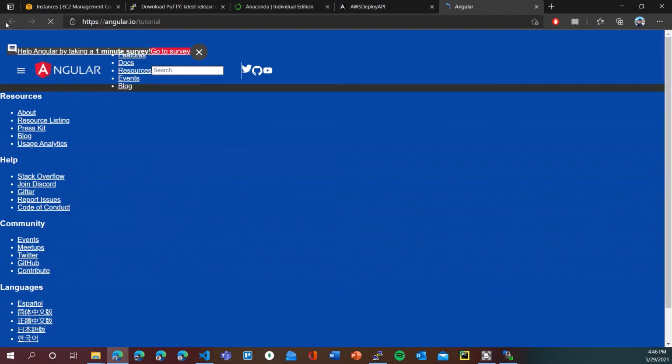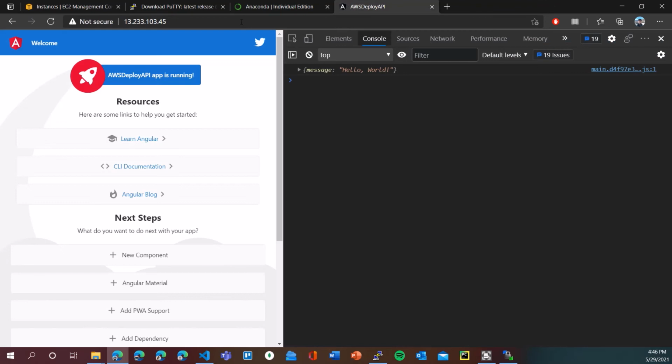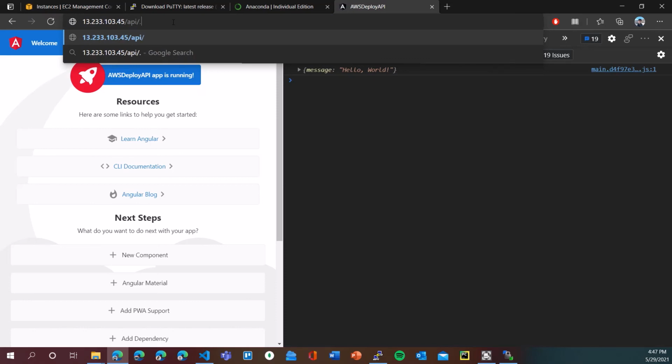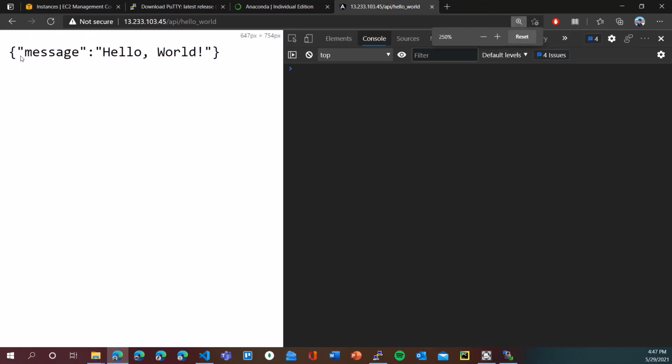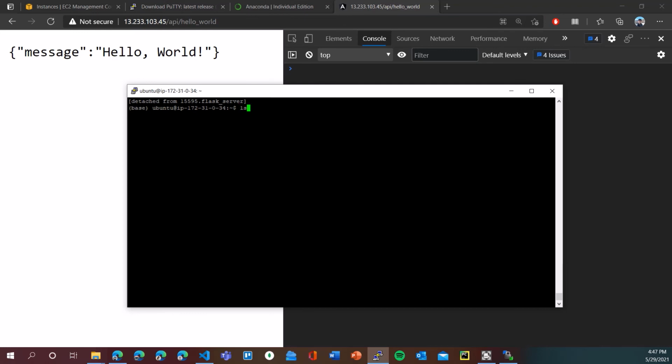You can also directly access the GET request of the server by doing slash API slash hello underscore world. If you do that, the server will get the request. So this URL will first go to port 80 of our Nginx configuration file.